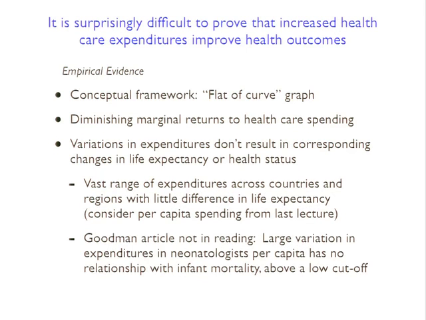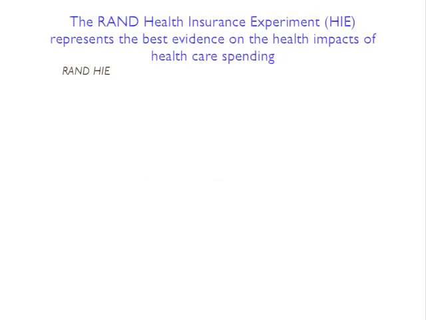So that's just an example of many of these stylized facts that suggest there isn't really a very strong relationship between expenditures and outcomes. The best evidence that we have on this, unfortunately, dates back a few decades, and it's known as the Rand Health Insurance Experiment. So what they did is they actually randomly assigned different levels of health insurance to different